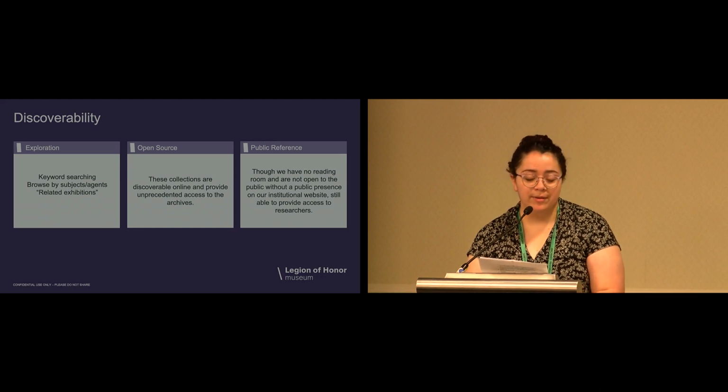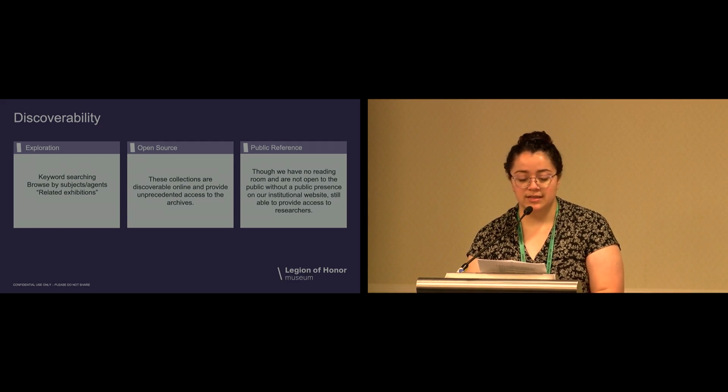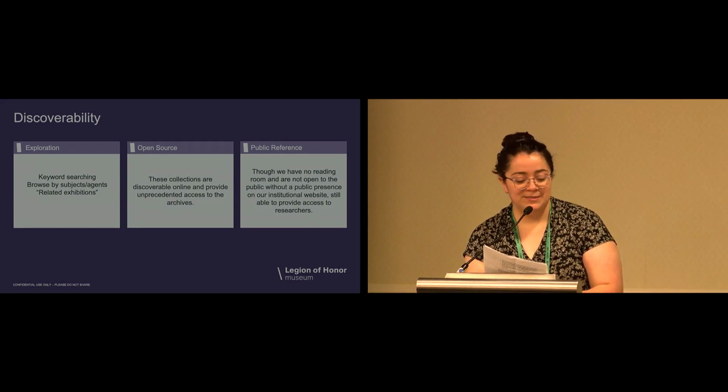This is our only public presence, via ArchivesSpace. The library and archives in my institution is unfortunately closed to the public, and so ArchivesSpace is providing the only place that people from the public can access in an informal setting. And so I've been increasing lots of public reference requests. There's also a lot more room for expansion. I'm almost done,